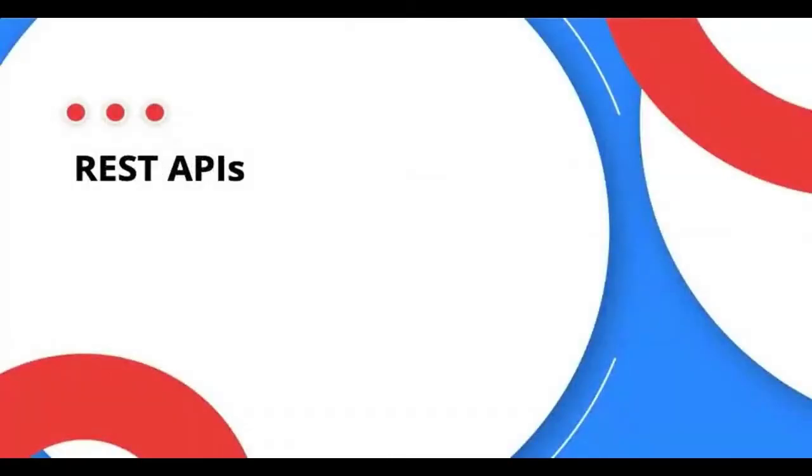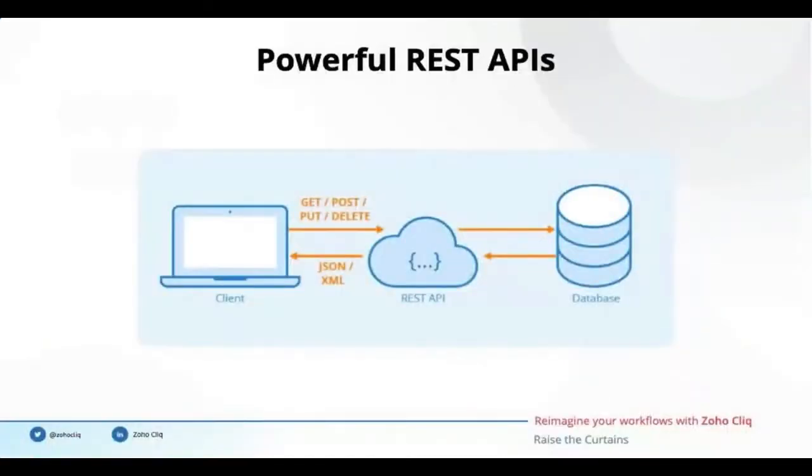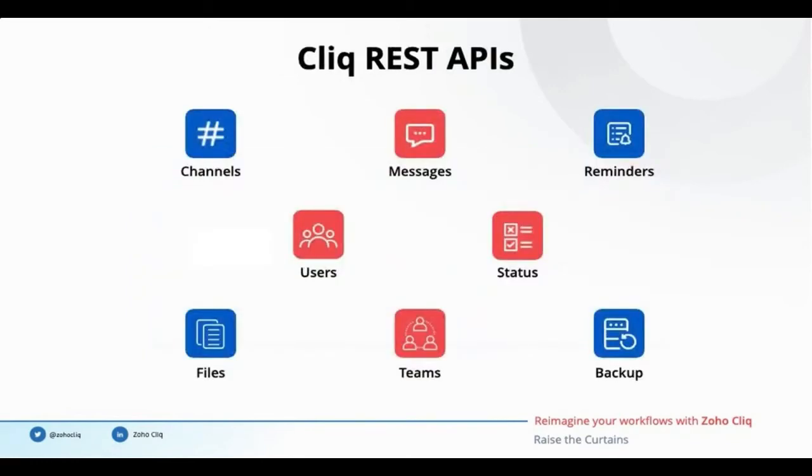Next on our list are REST APIs. APIs are pathways to connect between a client and a server. They can also help connect different applications and help in data exchange. Well-defined APIs are the base for any powerful automation. Click offers APIs to take backups and automate your management activities. We also support APIs to manage your channels, manage your activities, click status, send messages to channels, bots, and more.